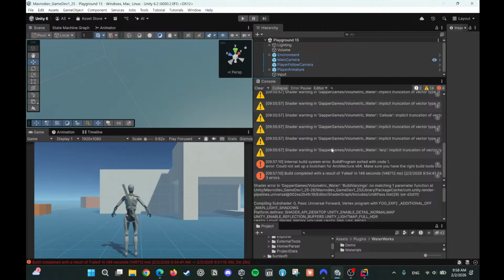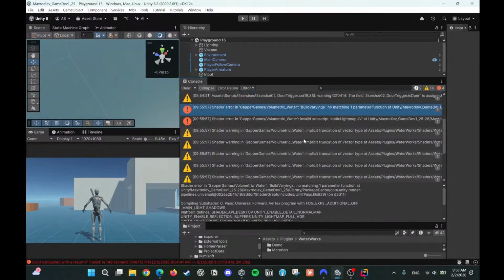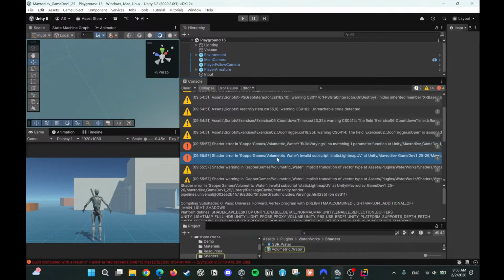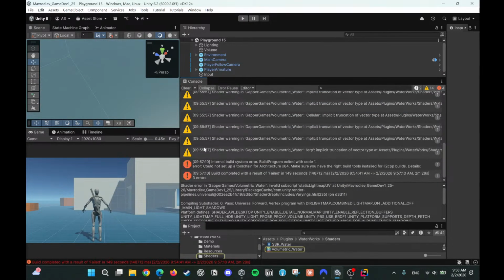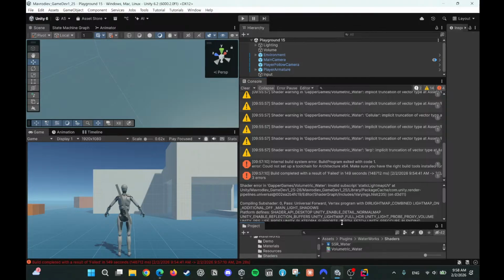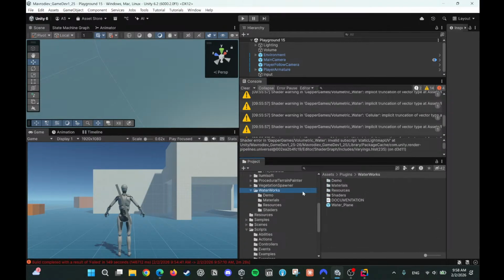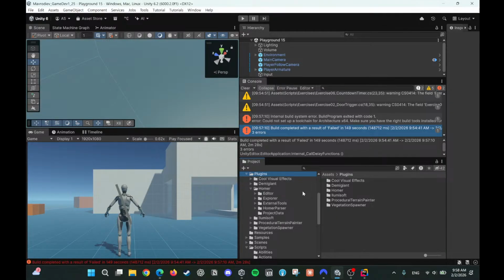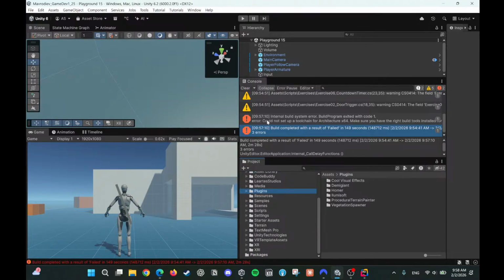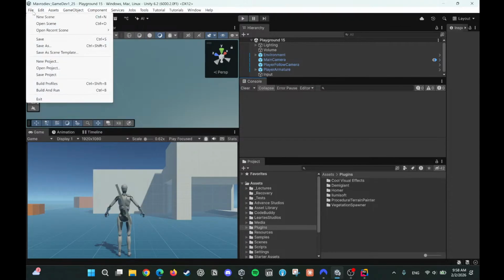Yeah, unfortunately, sometimes there are also some shader problems. In this case, you see that the build was compiling the shaders and it finds some faulty parameters in this specific water shader. Unfortunately, these ones are not very easy to fix. We have to edit the shader and it's simply a bit more difficult. In this case, there are a lot of water shaders, so we can just exclude this one